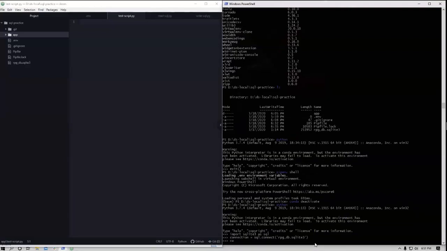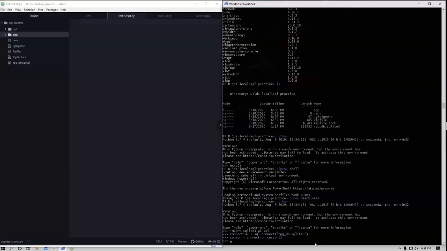And then I can give myself a cursor. This is the thing that's actually going to be ferrying the commands back and forth on that connection. Remember my car and highway analogy from before? That's what this is. So we're going to create that now, and that's a method of connection. We're going to create that cursor, and now we can do things off of cursor. This is going to be our primary method of transportation. Whenever we execute a command, we're going to be doing it like this.